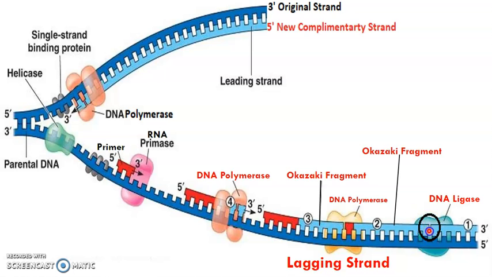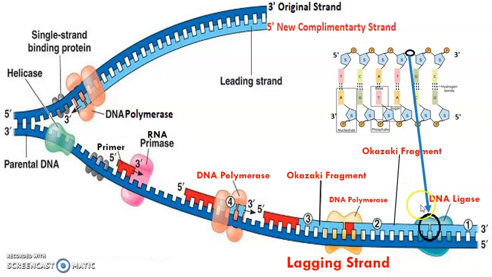So what that really looks like is, right here, number 1 in light blue is an Okazaki fragment, and over here in light blue, number 2 is an Okazaki fragment. You want to connect those together. You don't want to have a missing gap in your DNA. So what happens is, you can see right here, I've blown it up, there's the gap, and it's really just a phosphate group that's missing. So we're going to have a last enzyme come in here called DNA ligase, which is going to connect the